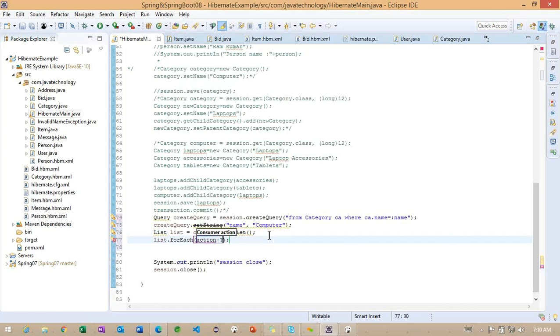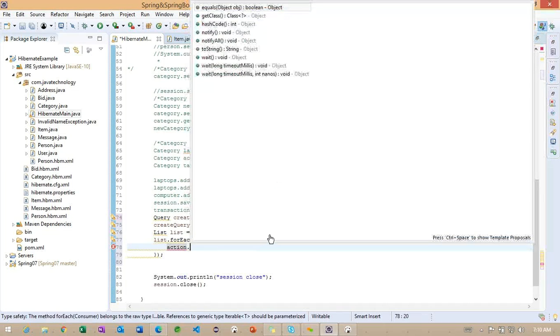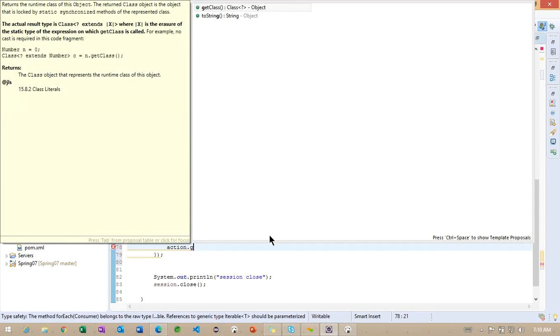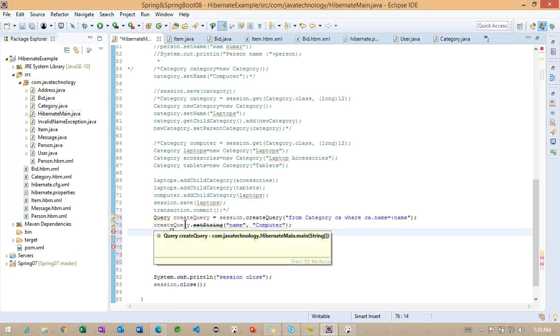So we'll work on the action. Something called the object we can print here. The object we can print. Let me convert this object into Category.